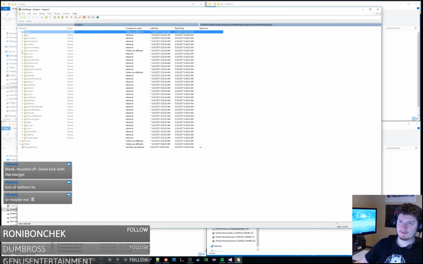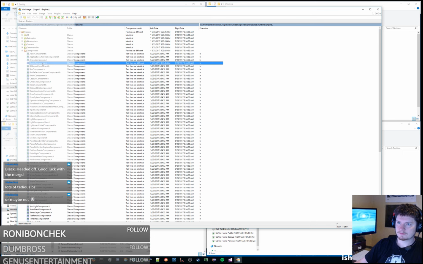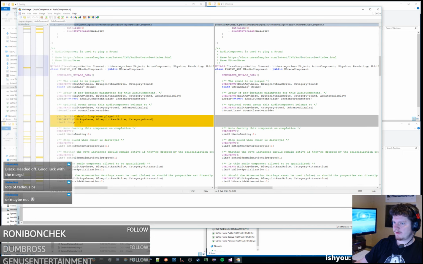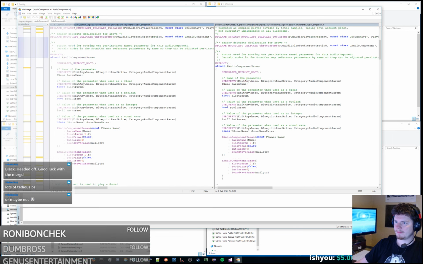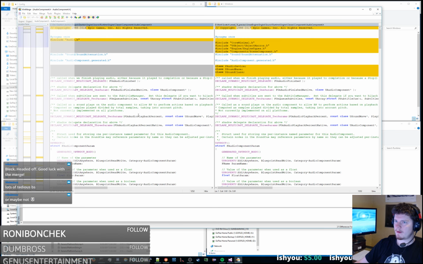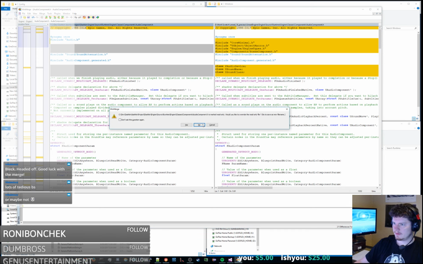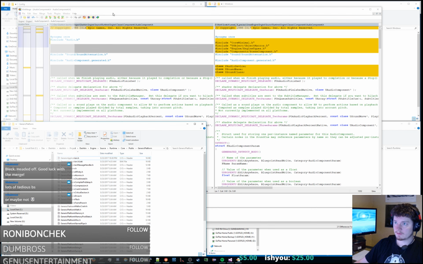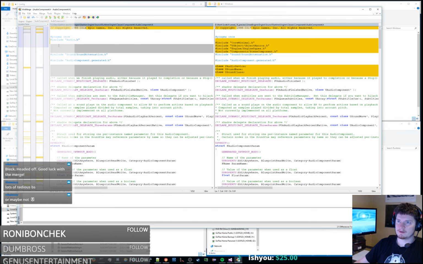So let's start at the top. Audio component is different. Can we actually write to this file? Is there some way to open this file directly? Like open with Explorer or something? Can we go to? I just want to open